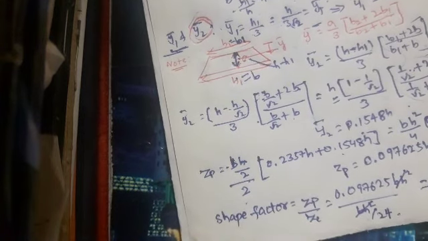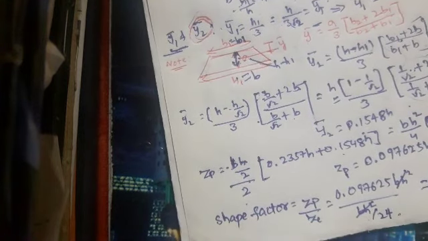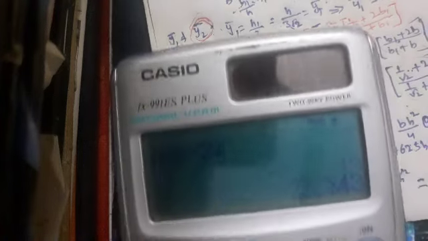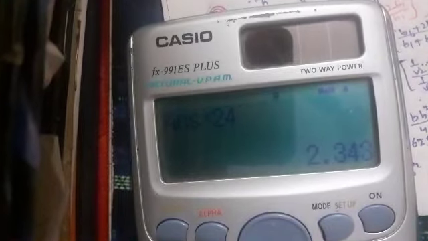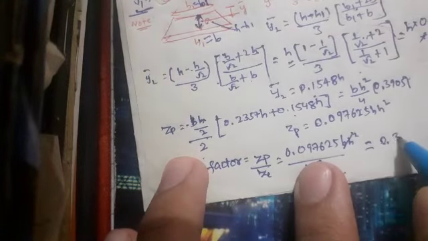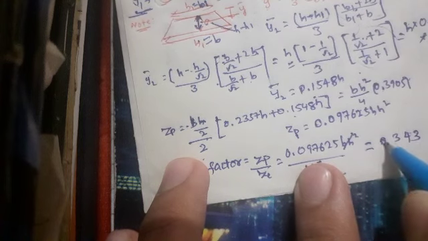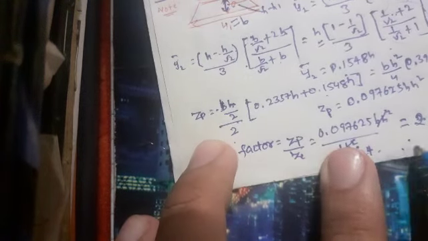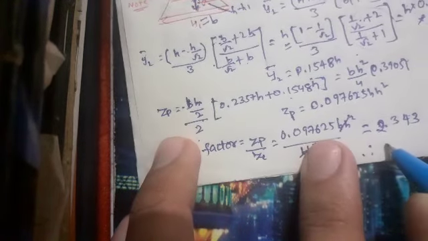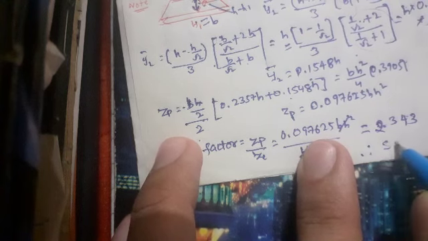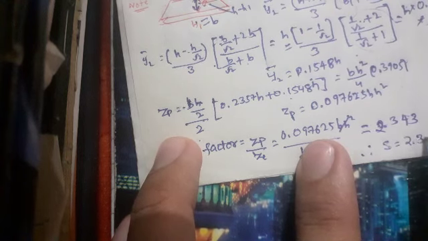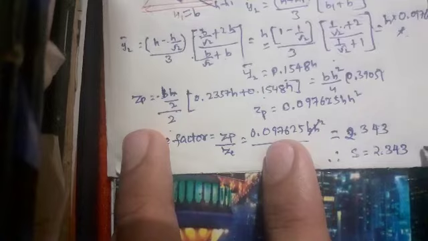Upon substitution of this value, we will get 2.343. So shape factor is 2.343. Hence the shape factor for the given triangular section S is equal to 2.343. This is how we have to